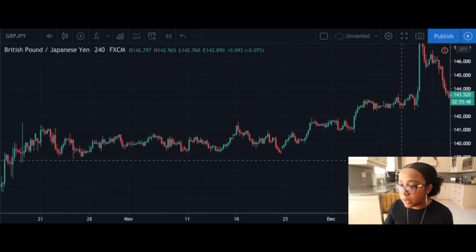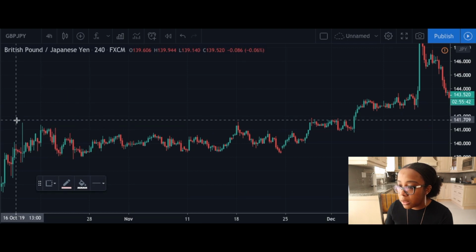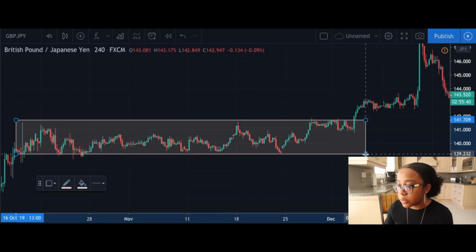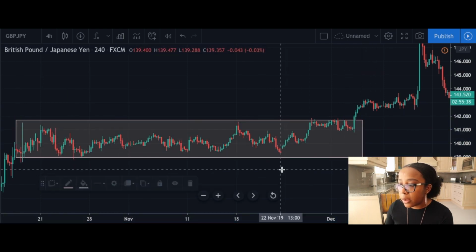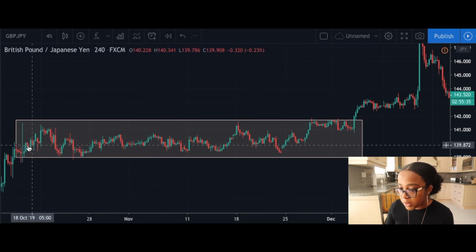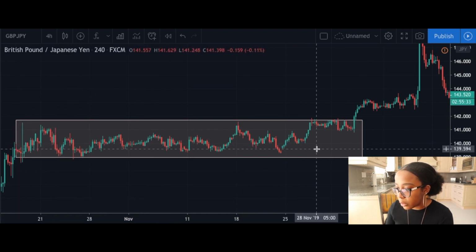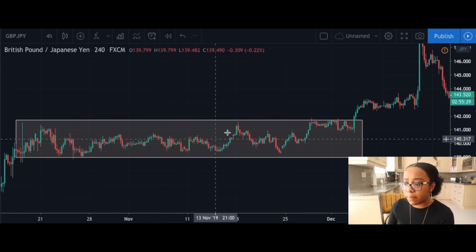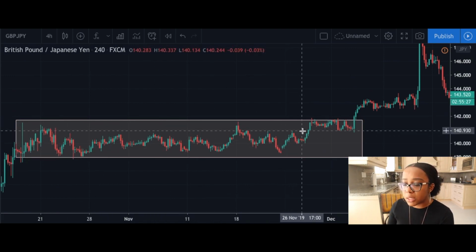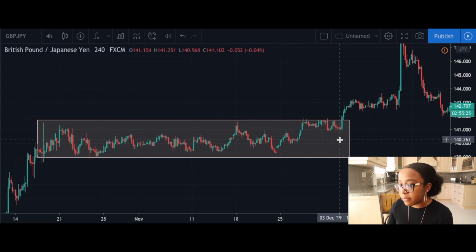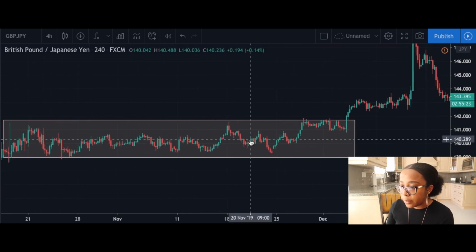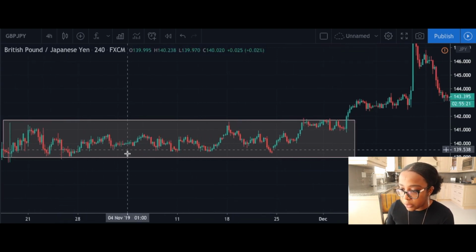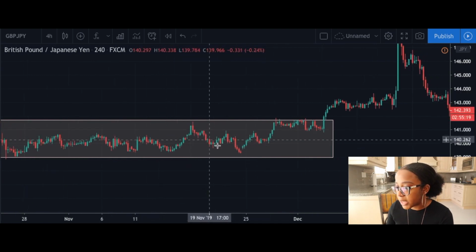Another place I'm just seeing this huge consolidation. So this is back in October, November 2019, huge consolidation area. It just really happened for a while, from the mid-October till early December. So price is just moving. And not to say that people don't catch moves in these times, but it is obviously a bit harder. Really, it's just the bounces that you can be trading,